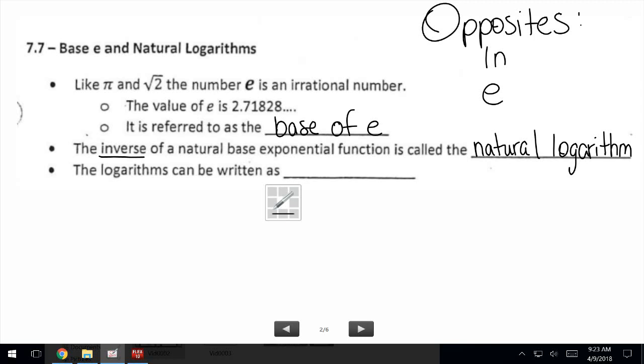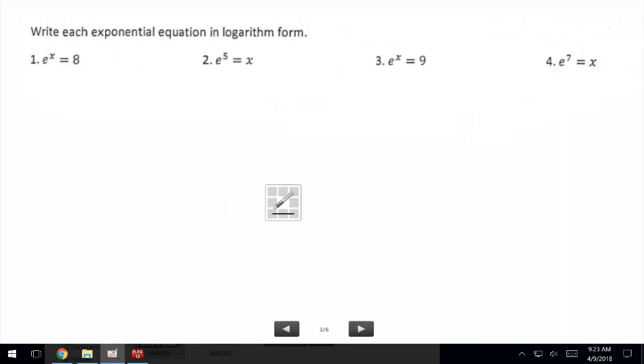The opposite of a natural log is a base E. The opposite of a base E is a natural log. There you go. All right, the only thing that we are going to do on the first 8 problems is